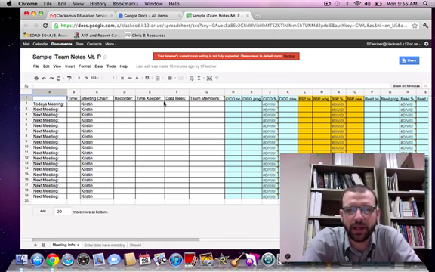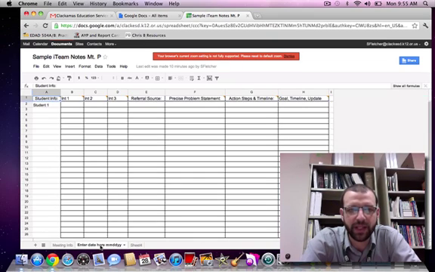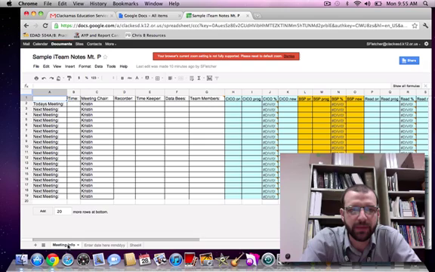Once it's open, you're in a document that's much like Excel. Down here at the bottom, you're going to see there's two different things set up for you. There's meeting information, and then there's your notes page here. So on the meeting information page, you'll just type in the date that your meeting is